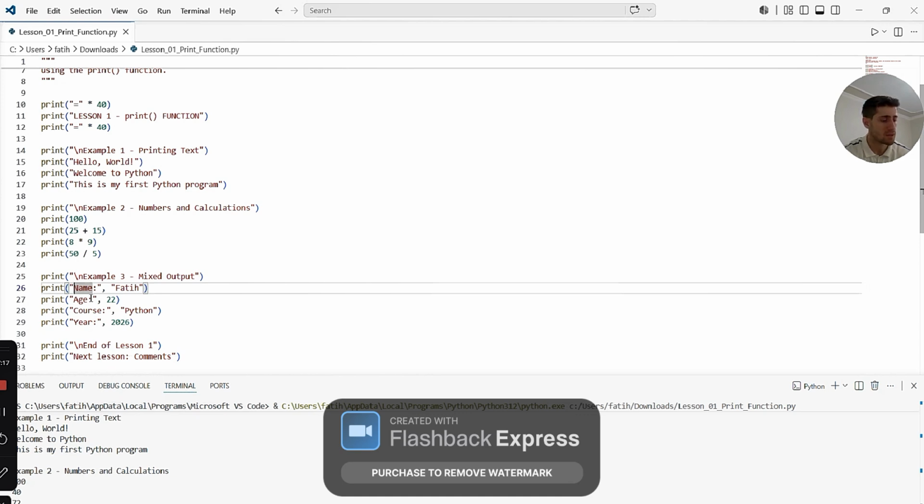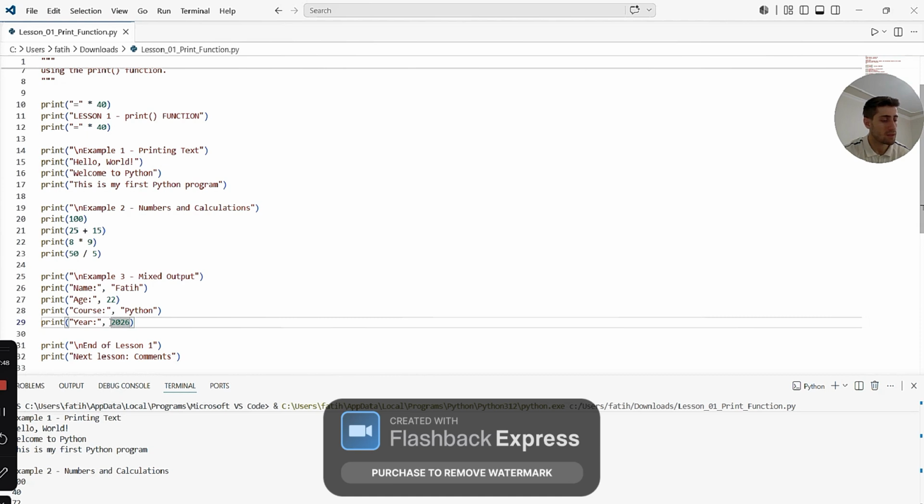Print age 22. This prints text and number. Keywords: integer and string. Why do we use it? To display mixed data. And print course Python. This prints the course name. Keywords: course, output. Why do we use it? To show information.